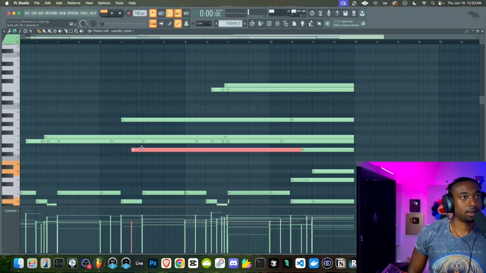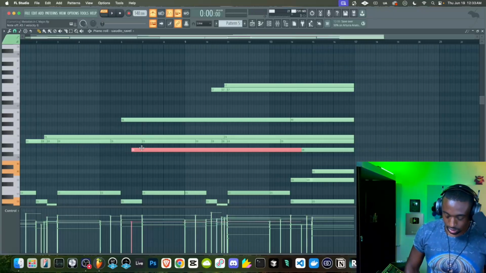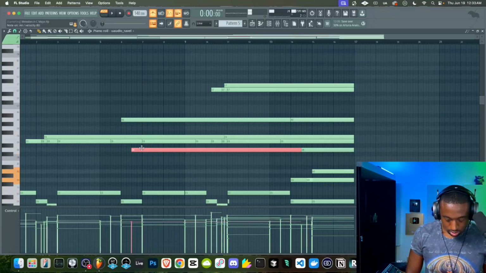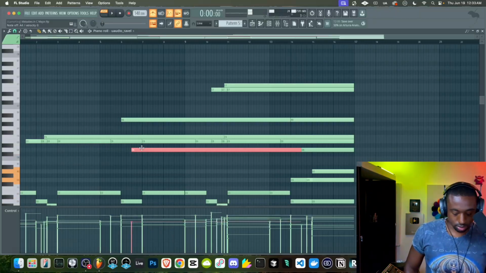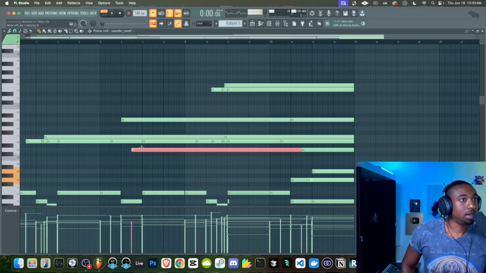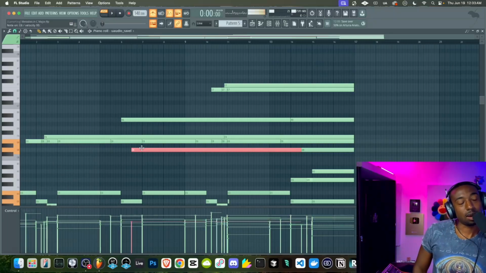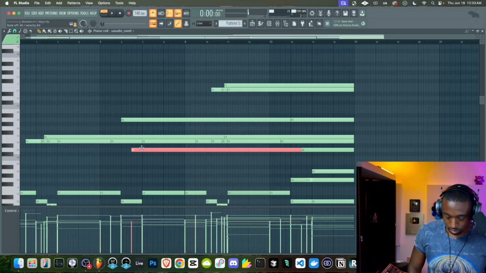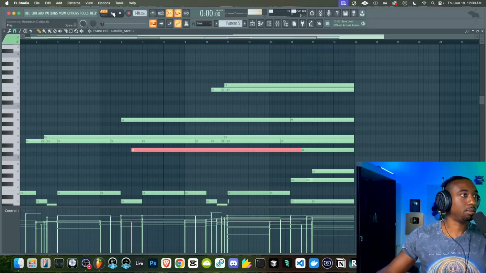I can also ask myself, okay, what is D the fifth of? And G is the answer there. So those notes will work in this scenario. Also, if I move up to E, I can resolve down to A, which is the tonic if that were the fifth. So that's how it sounds like I'm doing this crazy improv. I'm just thinking in perfect fifths.